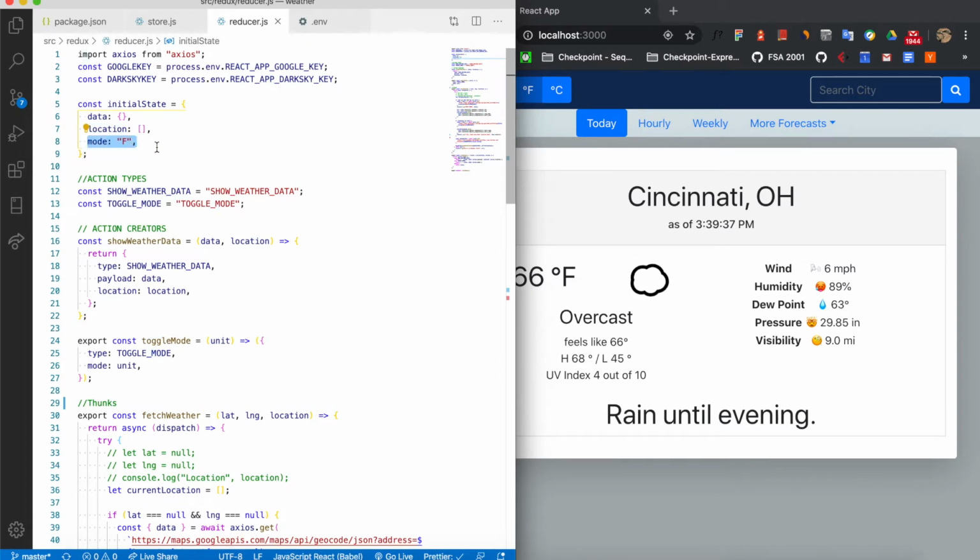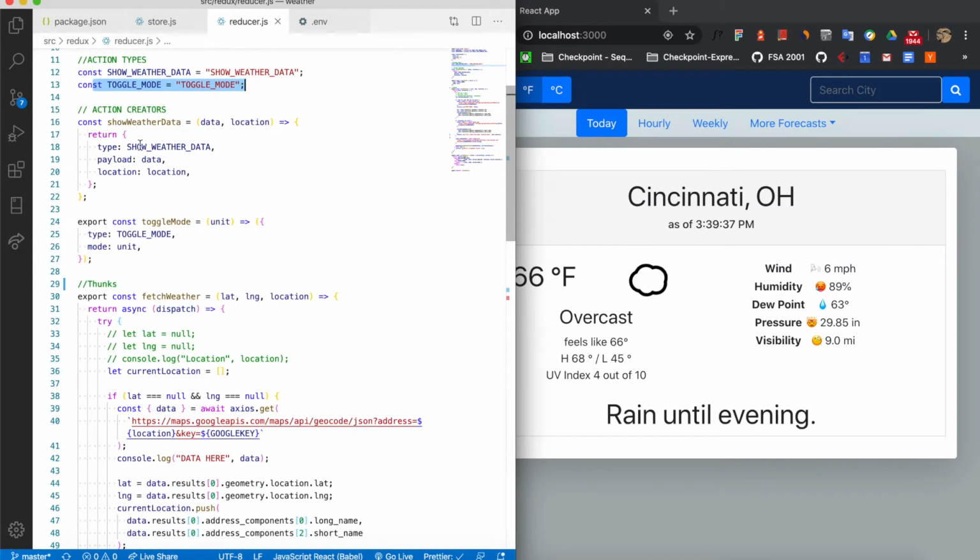We set up initial state, which will include an object for data, a location array, and a mode string that will start with just a capital F for Fahrenheit. That will later convert to Celsius. We set up two action types. One is show weather data and the other is toggle mode, to make sure we use consistent string literals for